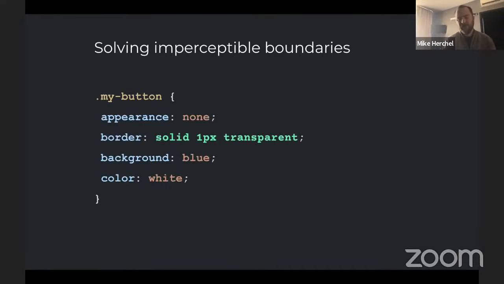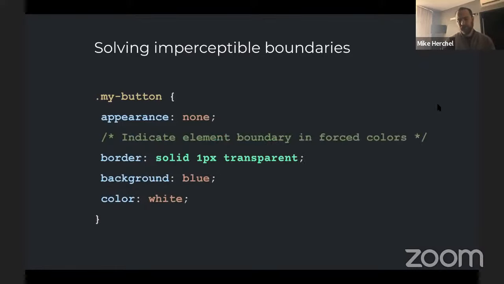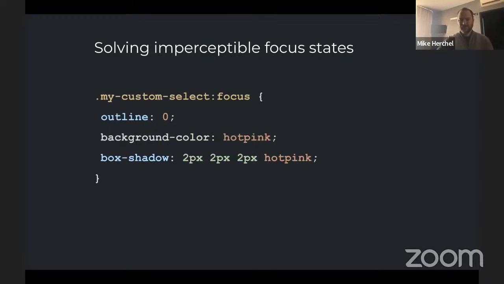So instead of having a border of 0, set your border to a transparent 1 pixel, or something like that. And if you really want to be cool, add a comment in there. Other developers will come in after you and be like, why the heck are you adding this transparent border? And if there's a comment in there, they'll be like, well, what the heck is forced colors? And maybe they'll search for it, and then they'll learn something, and everybody will be happy.